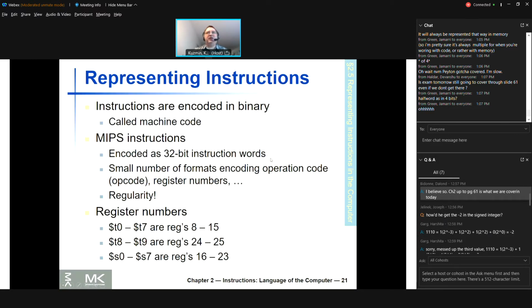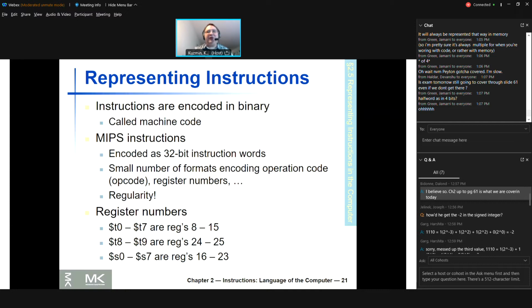Now representing instructions. All instructions that we write in this mnemonic form, right? Mnemonic meaning it's kind of an abbreviation, like LW stands for load word, T0 stands for temporary register 0. So those are convenient for humans, but machines can only work with numbers, and therefore all our instructions get translated into codes. Conveniently, each MIPS instruction is exactly 1 word,